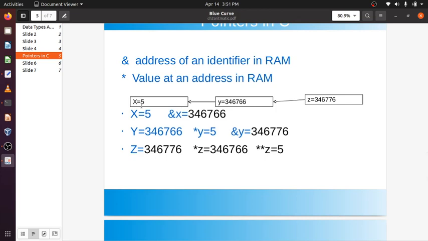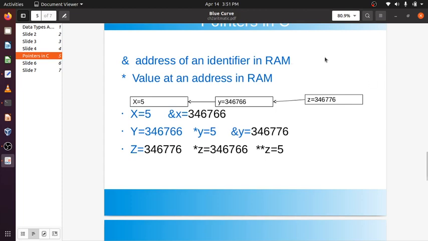Now if I want to access the value of x through a pointer, this 4 bytes is allocated in RAM. I told you before, RAM is byte accessible.